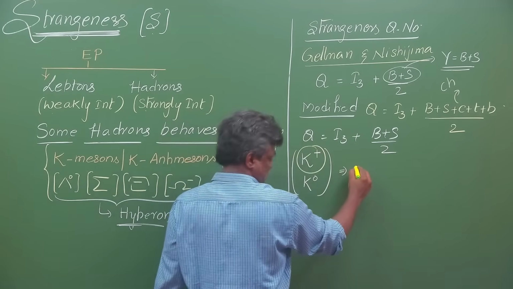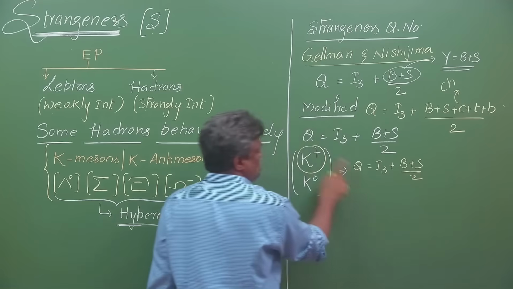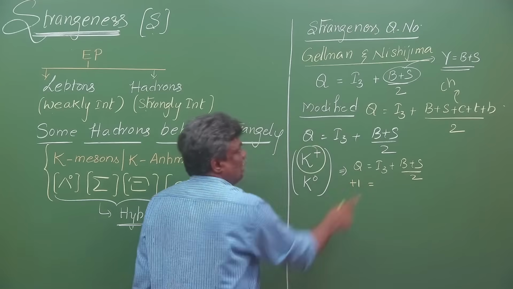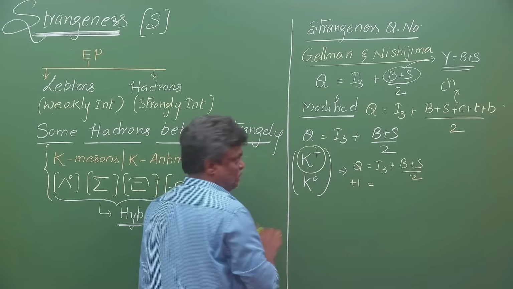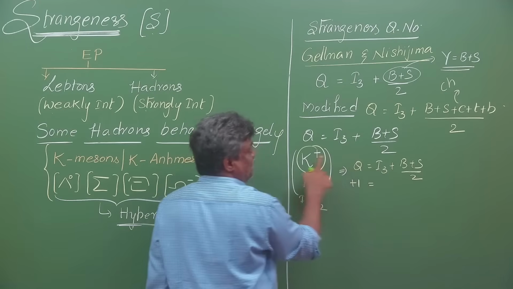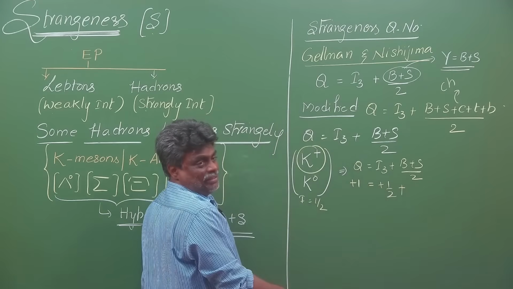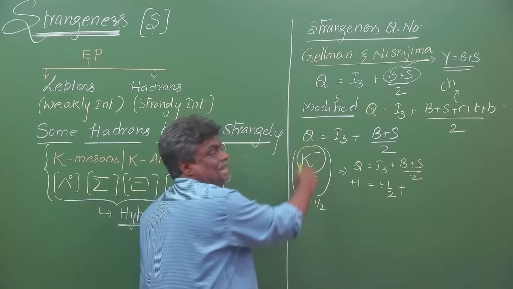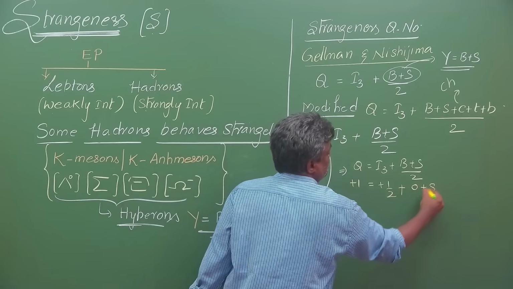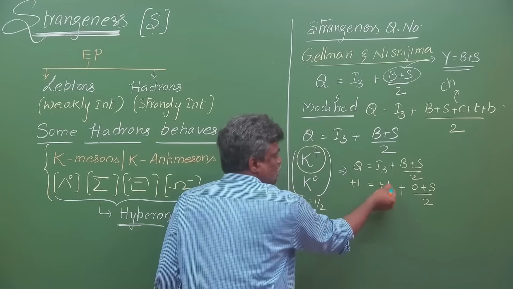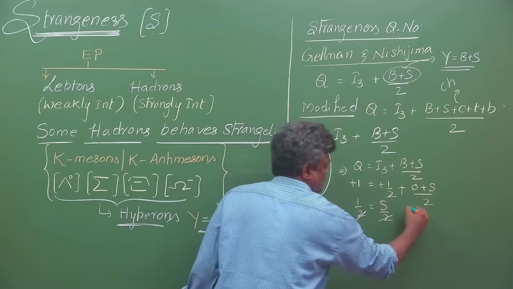What is its charge? Write the formula, and write it properly. Charge plus 1. Wait. If you want I3, first get I. How many are there? I is 1 by 2. But you want I3. Higher charge or lower charge? Is it a baryon? Very few people are saying. Is it a baryon? What is it? Baryon number zero. You are finding strangeness. Bring 1 by 2 to this side. 1 minus 1 by 2. S by 2 remains. S is equal to